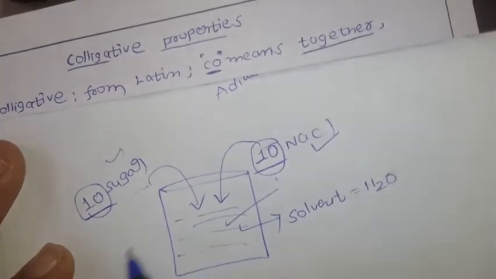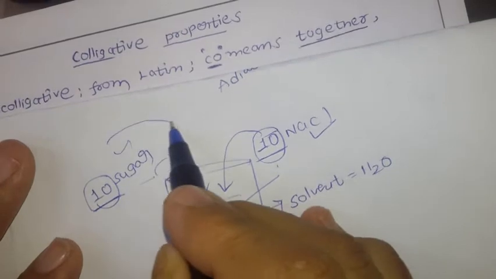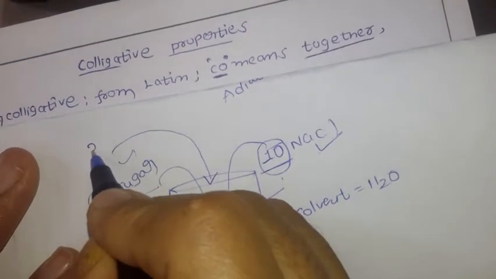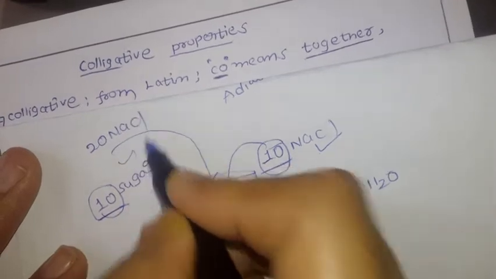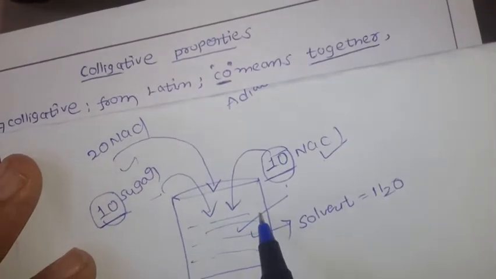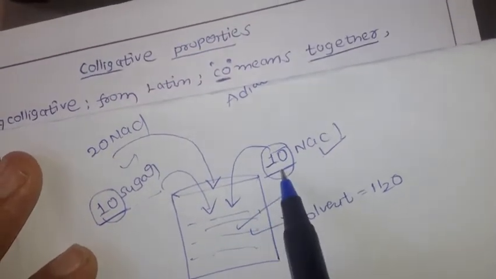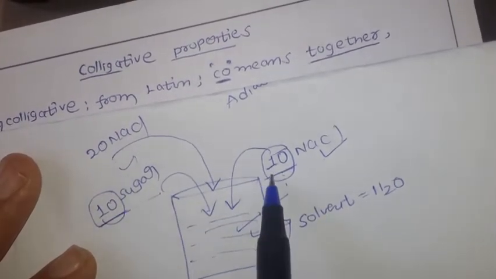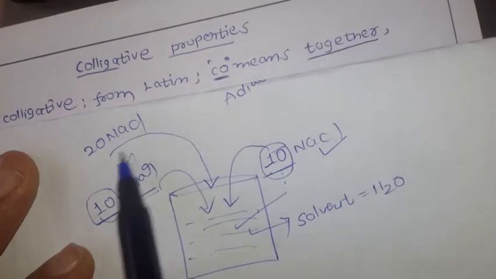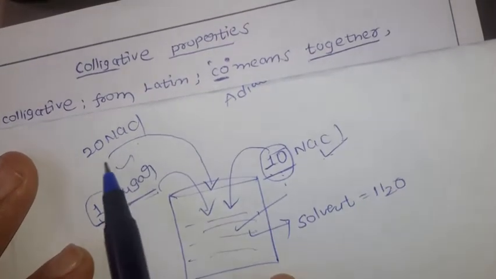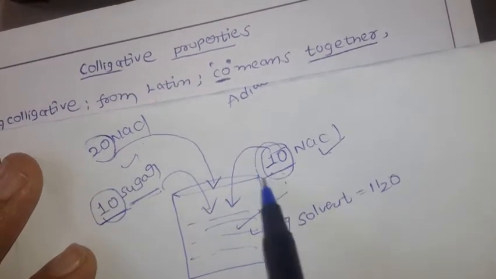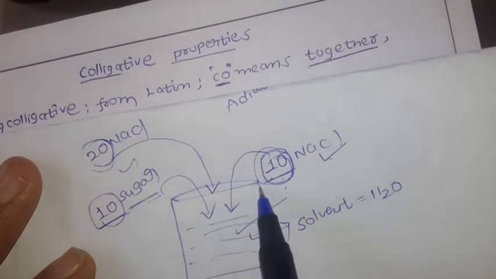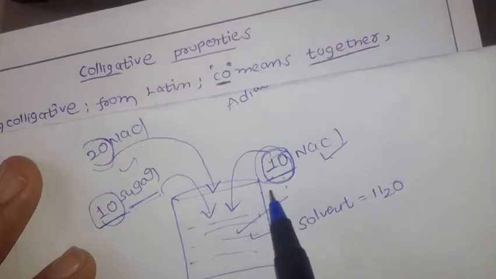For example, in the same case where we have 10 sodium chloride particles, now I am going to add 20 sodium chloride crystals. So now the property is going to change. Why? Because here we have 10, here we have 20. So it depends on the number of solute particles, not the nature, whatever that may be. Properties that depend on the number of solute particles are called colligative properties. From these we are going to determine the molar masses.